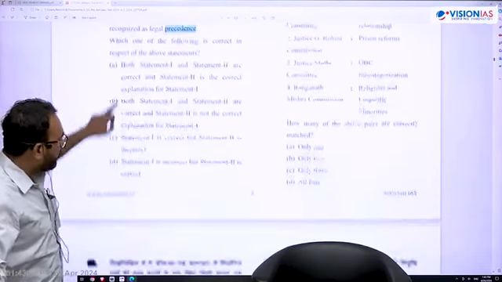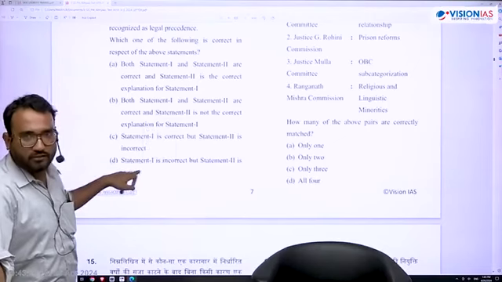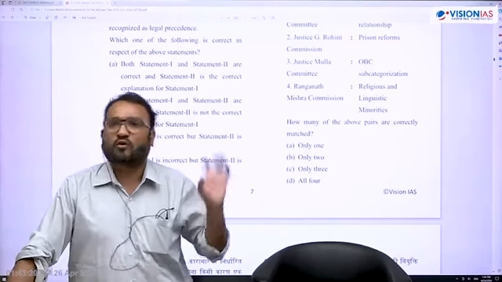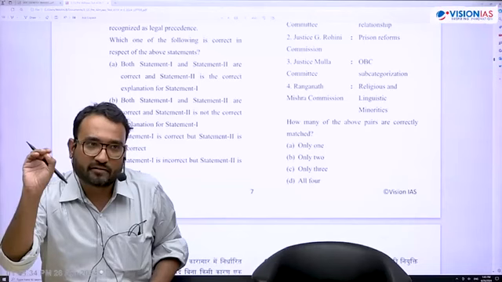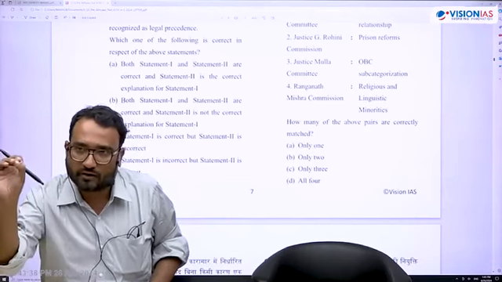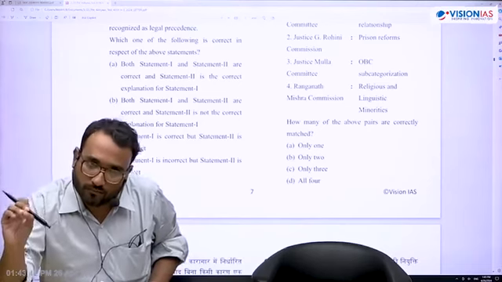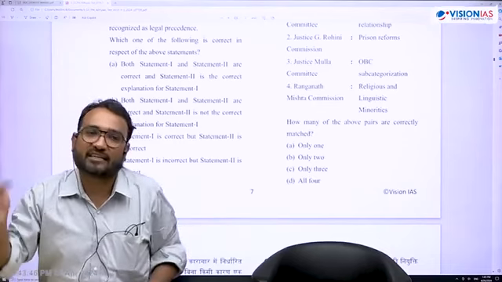So we will settle for D. Statement 1 is incorrect while statement 2 is correct. I am not concerned with this question beyond this fact. I am more concerned about you knowing Articles 131, 132, 133, 134, 136, 143, 145, 129. इतना तो आपको मालूम होना ही चाहिए. You must know, because there will be a question from judiciary. They cannot ask anything beyond this.